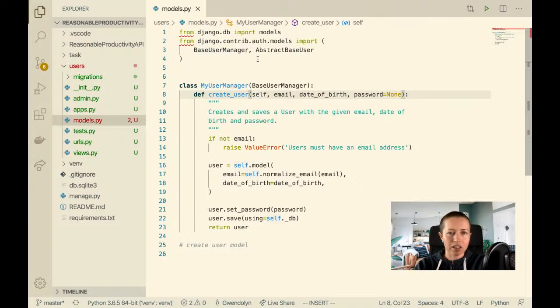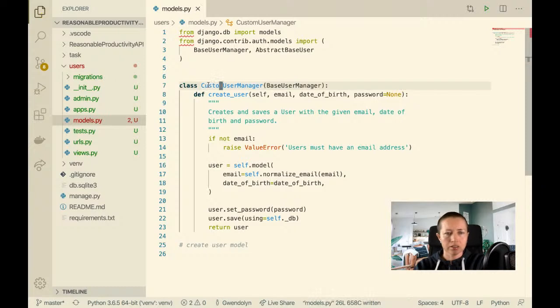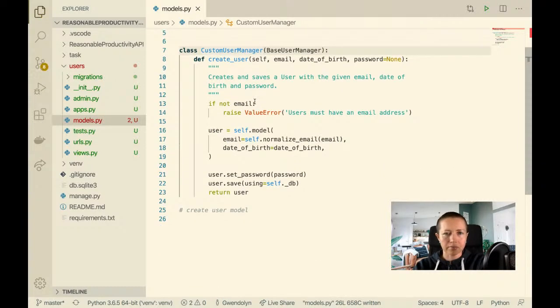Okay, so django.contrib.auth.models. I'm importing this base user manager, which I'm extending in this user manager here. I don't like calling it that, I'll call it custom user manager. Okay. And so